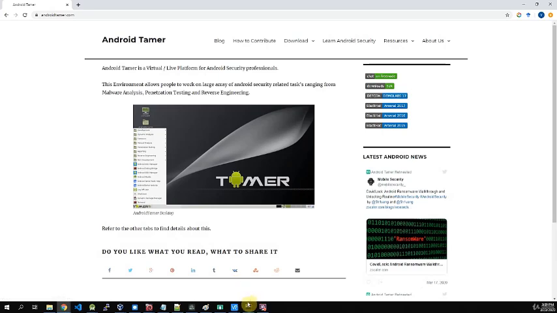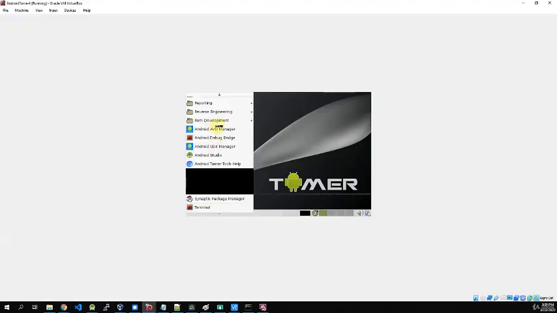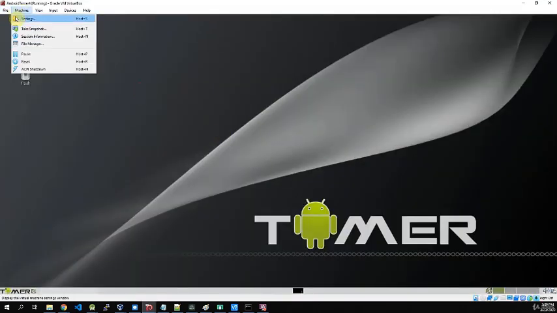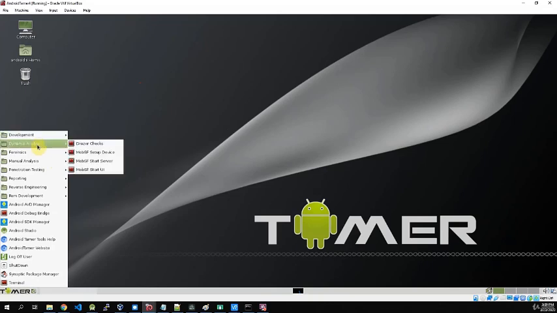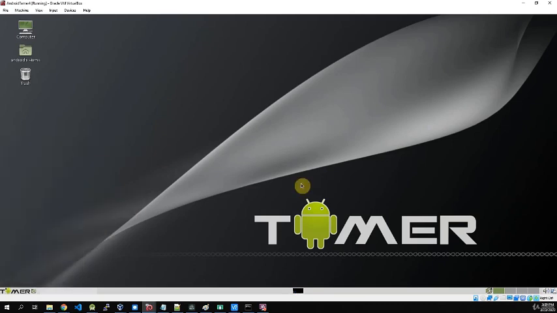Here we have an instance running. So if you click on the menu, you have the manual analysis section, reverse engineering section, dynamic analysis, forensics. So rather than installing all the tools one by one, you can just use a virtual machine like Tamer, or some other one like Santoku, which is very similar to Tamer, just a bit older.